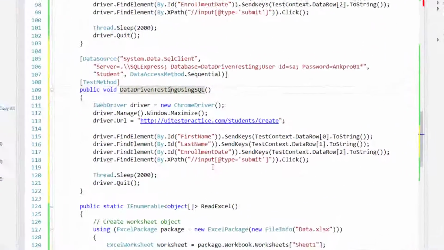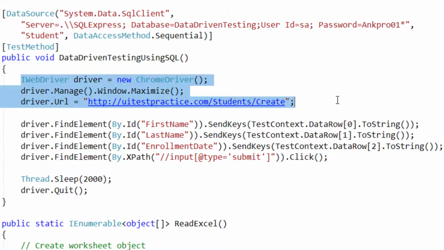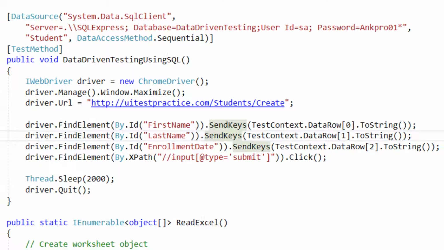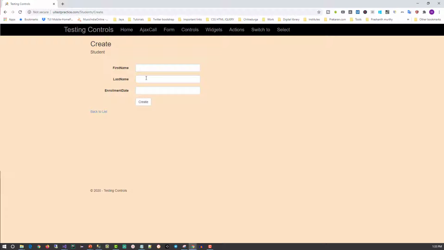So I have renamed the method, and the code here will open the Chrome browser, maximize the window, and navigate to this URL, the demo application which I have shown you already. So it will find these fields, first name, last name and enrollment date, and it will enter the data.